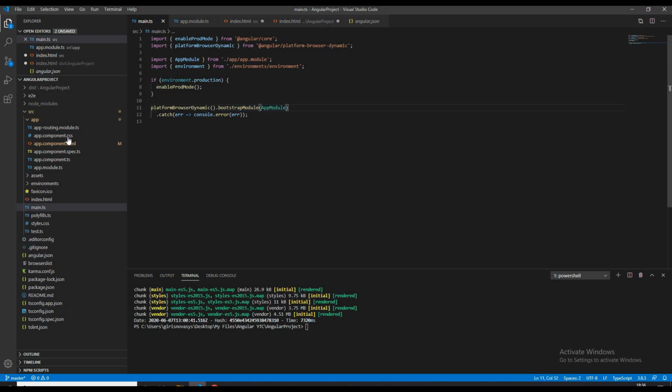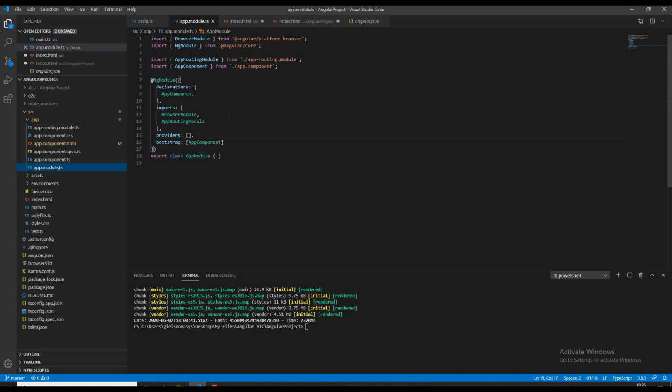Then let's open AppModule. Any module by default should have at least one component, and this component is called the root component for that module. Note these words. That component is the root component of that particular module only. If we have multiple modules, then each module has its own root component. In our AppModule, we have AppComponent as the root component. When any module is loaded, then that module's root component is loaded first.